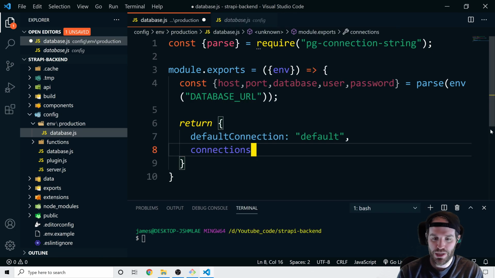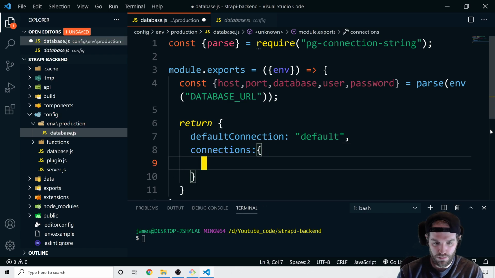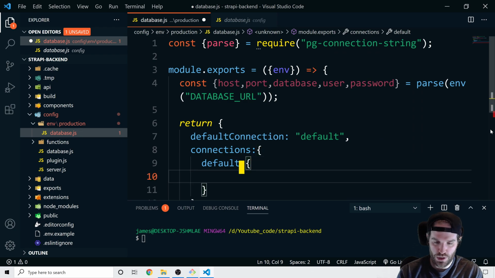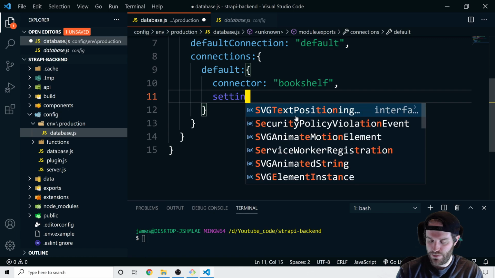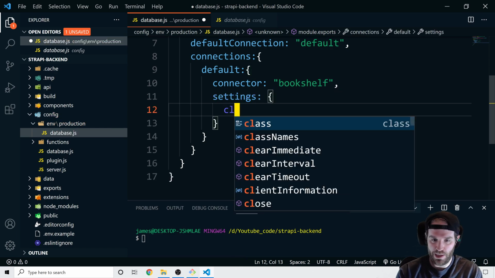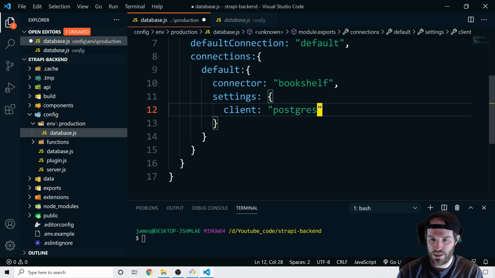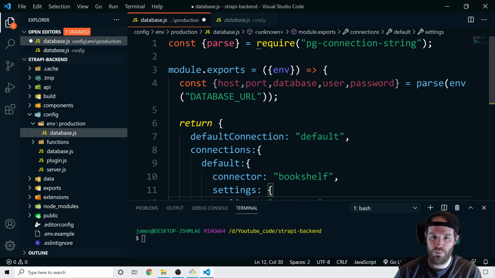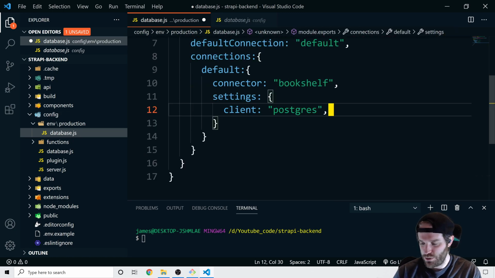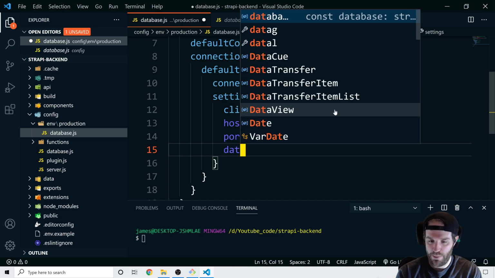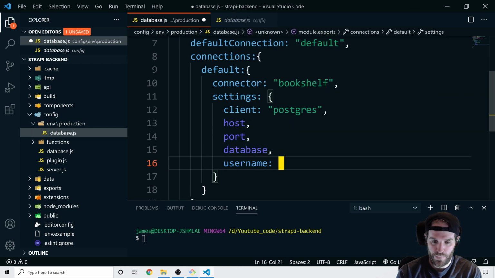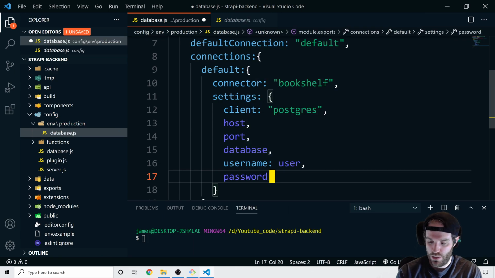Then we need the connections. And the first one we're going to do, obviously, is the default that we just said that we're going to use as always. And we need a connector. So the connector here is the word bookshelf. And then we need the settings that come along with that. So for settings, we're going to need to have the client. And the client here is Postgres, so it's just Postgres. And then we're going to take the host, port, database, username, and password and put that in. So you can just do that by doing host, port, we need database, and then we need username, and then that will be user, password, and then SSL,